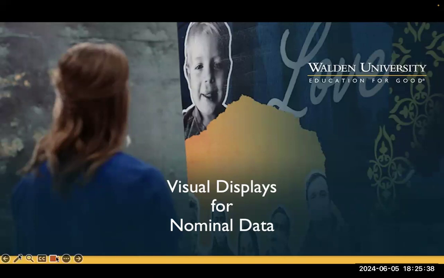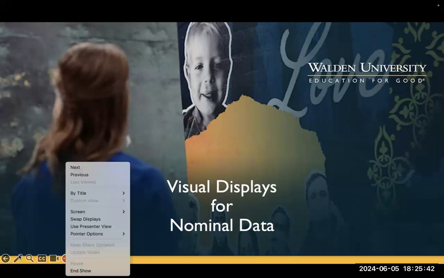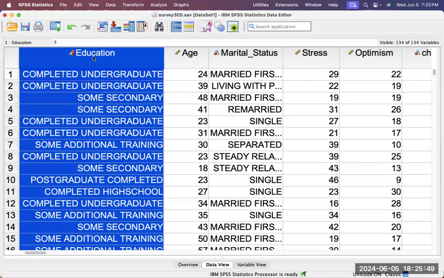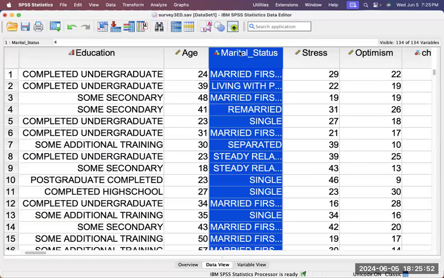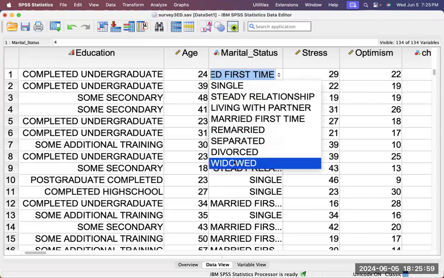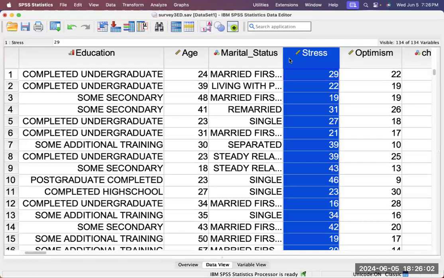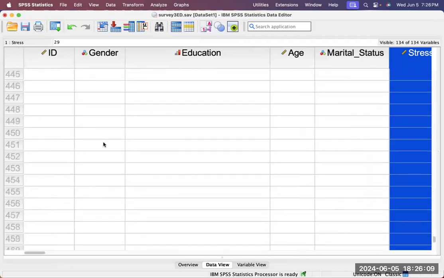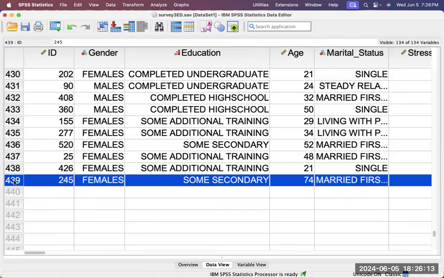Now, let me do one more thing here. And let me just kind of help reason with you here. Now, let's take a look at this data file again. This is categorical because, you know, it's an ordinal one. But let's look at the marital status, okay? Now, let's see what different categories we have. Single, steady relationship, and so on, okay? But suppose I said to you, this data set has 439 records. Suppose I say, how many completed undergraduate? Or give me a breakout by education. You can't look at this and tell me that, and you won't go through all this counting, but you can do a graph. And the first graph that we can do